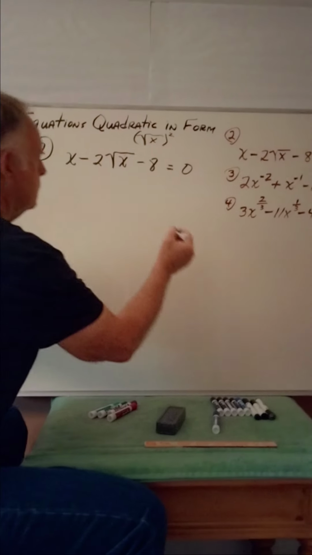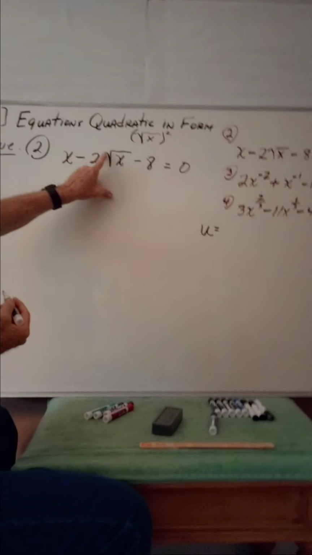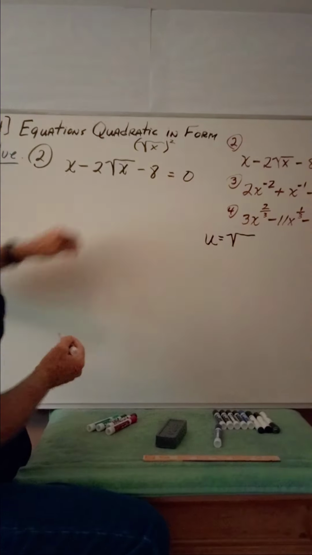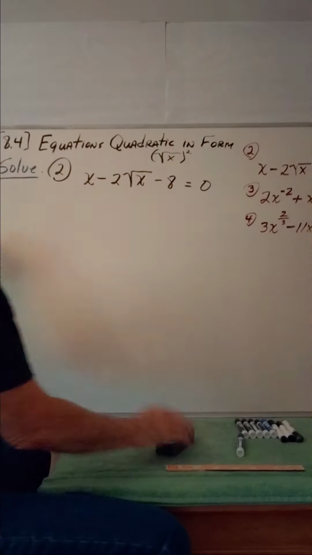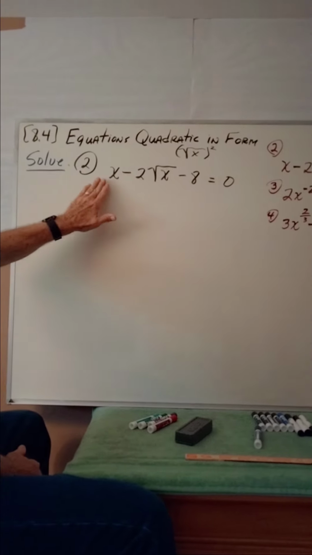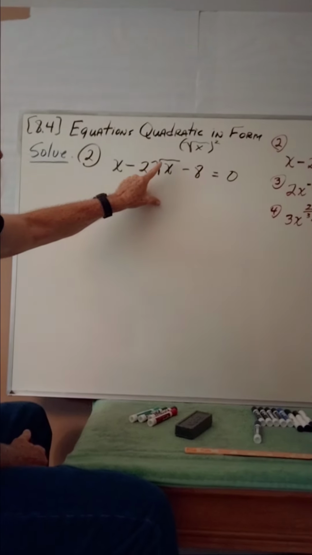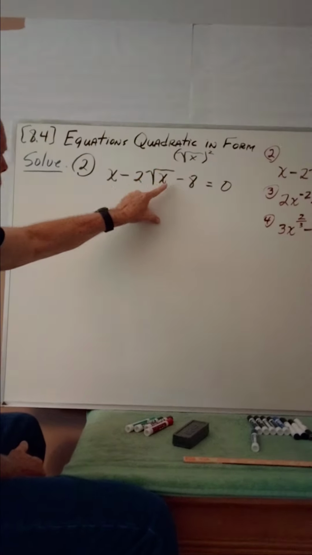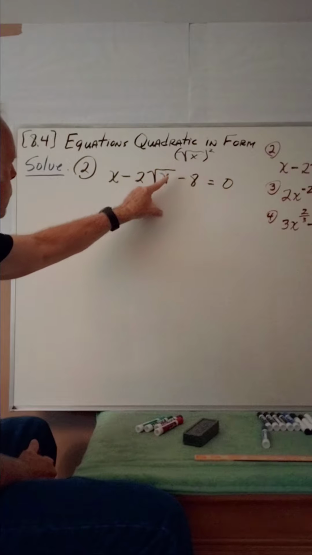So we begin by letting u be equal to the variable factor of the middle term. Well, I have to back off here for a second. I jumped ahead of myself a little bit. Let's begin right back over here. We have to restate this middle term so that it has an exponent in its appearance. There is no exponent here. There is one here, but this one is going to have to be restated